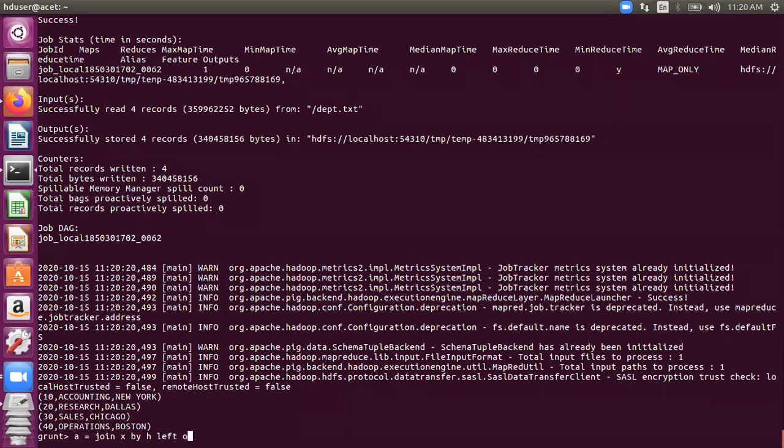Yeah, we write here left outer. So I'm going to give you an example of left outer join. I'll ask you first what is the answer, and then I'll display the answer, right? So I'm joining X, like we are going to join on department number, which is column H in X and column P in Y. Okay, so comma Y by P.